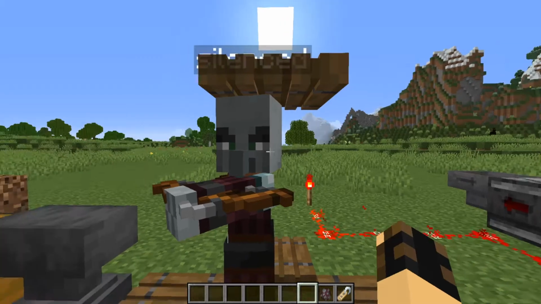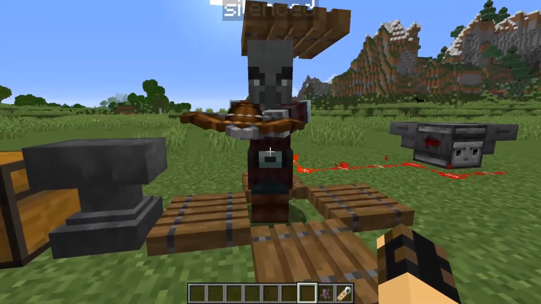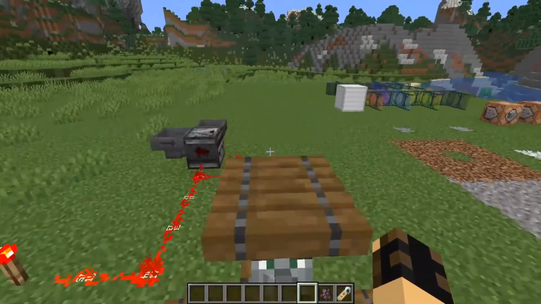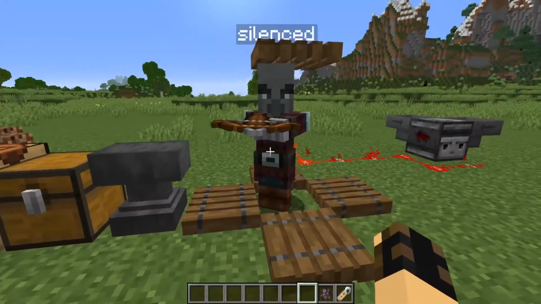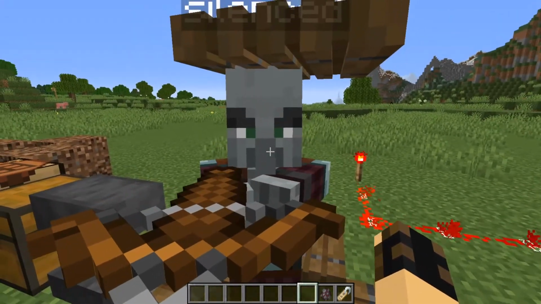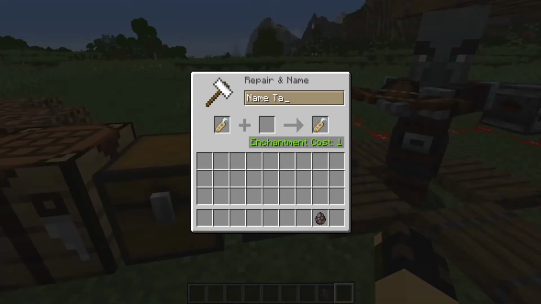So it's nice and quiet. It's so nice. This is really good if you've got cow farms and all these other different farms or villagers you're trading with, and they're so loud and annoying that you can now silence them. And if I'm not mistaken, you can actually take and rename them afterwards